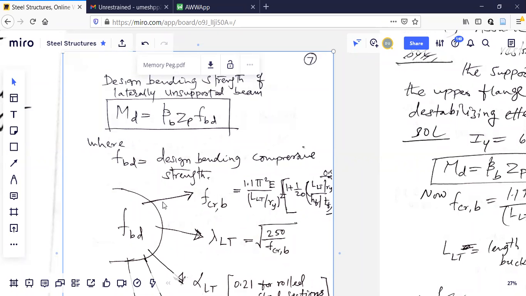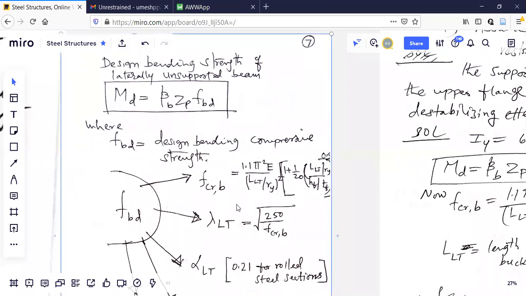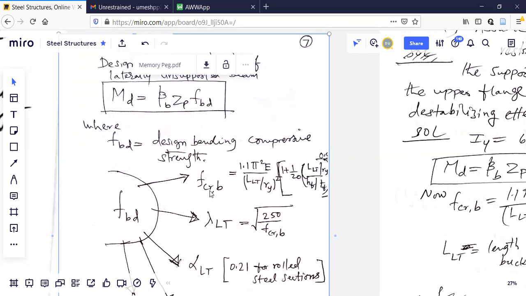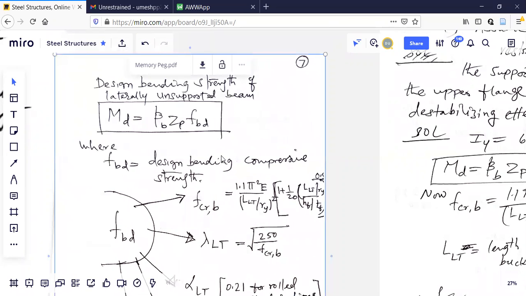So what I have done here is, if you read the notes or codebook, it is not easy to grasp it. Grasping becomes difficult here. Initially, I'll give one simple technique how to solve this, because here you need not worry about the formula, how to remember. Everything is there in a specific page of IS 800. So you don't have to worry about remembering the equations. It is there on a particular page. You should know the procedure, that's all. First understand the procedure, then go into the deeper aspects.